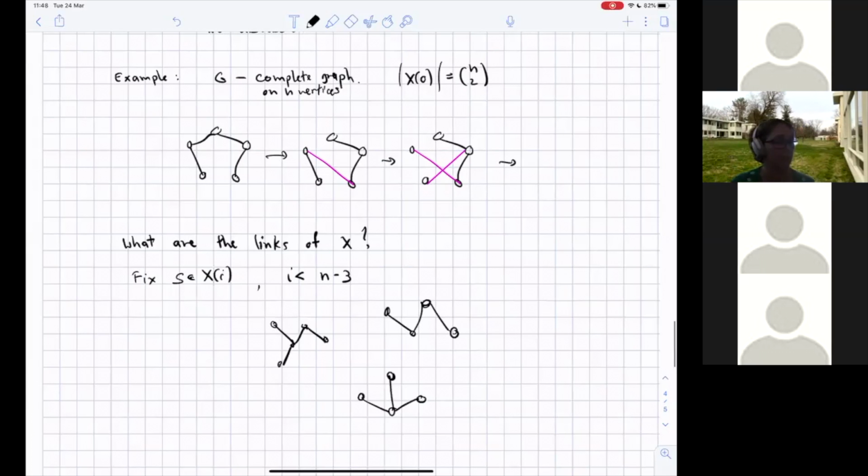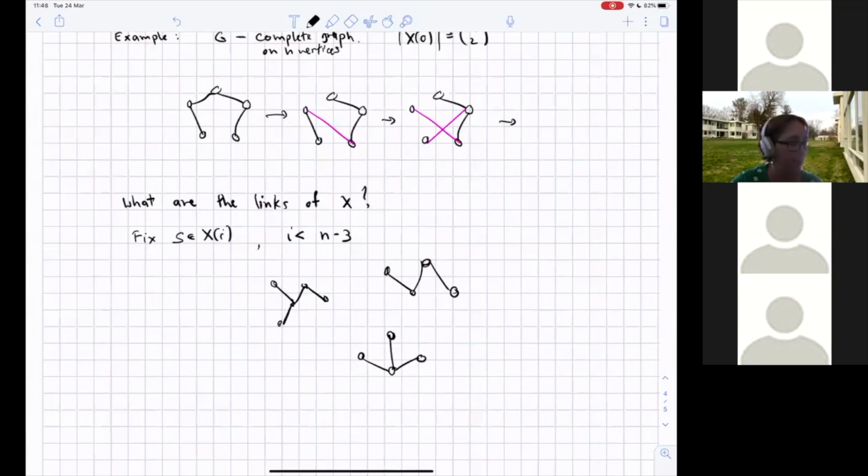So this is S. Maybe the graph has some isolated vertices. S is just a collection of edges. But it won't be nice for me, so erase it. Okay, so this is S, and now what are the